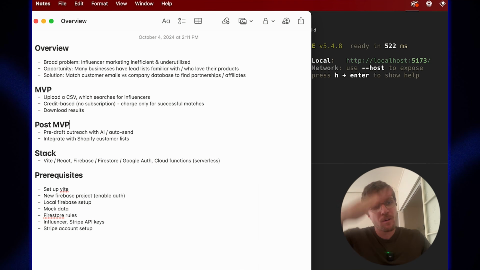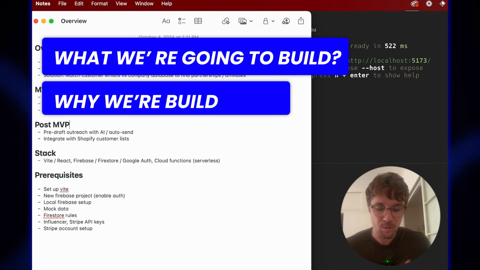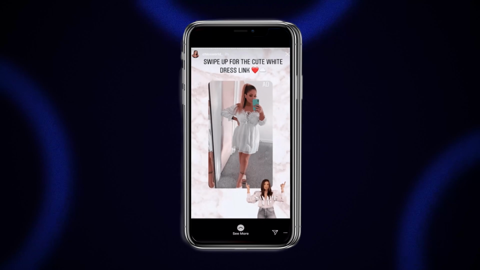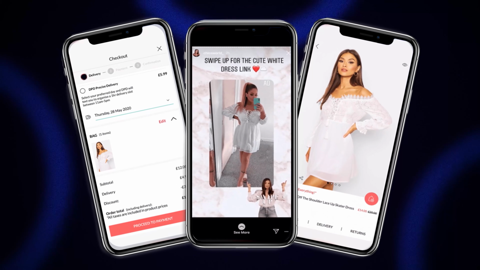So in this video, I'm gonna give you an overview of what we're gonna build, why we're building it, and then I'm gonna try to fully launch this app and deploy it. I'll show you how I'm doing everything, and hopefully it won't be too boring. And yeah, we're gonna see how fast it will go. So let's get started. So I've been trying to build kind of like influencer marketing apps for close to 2